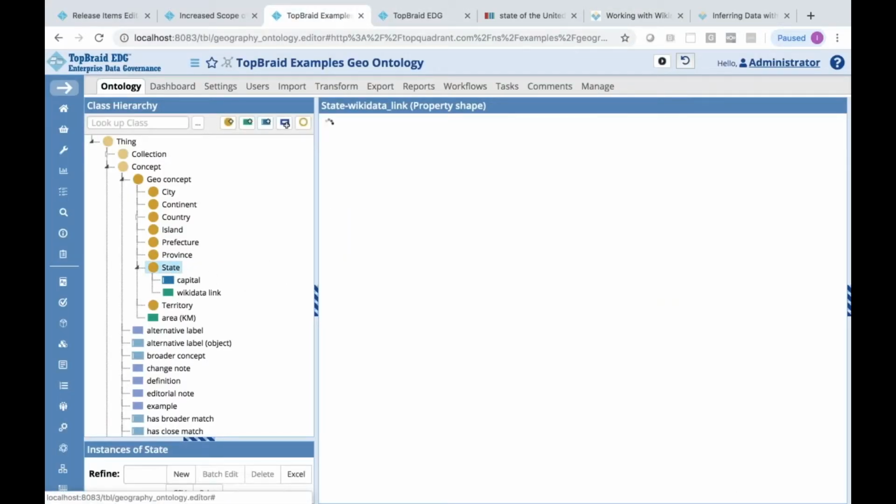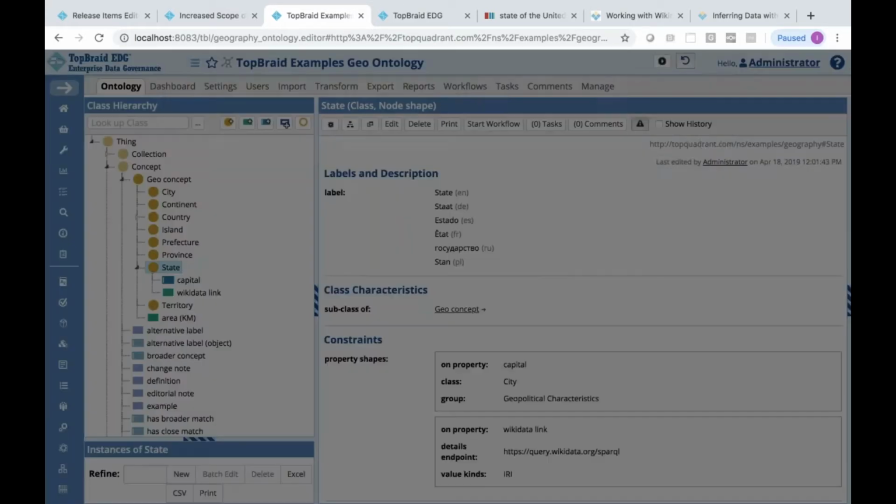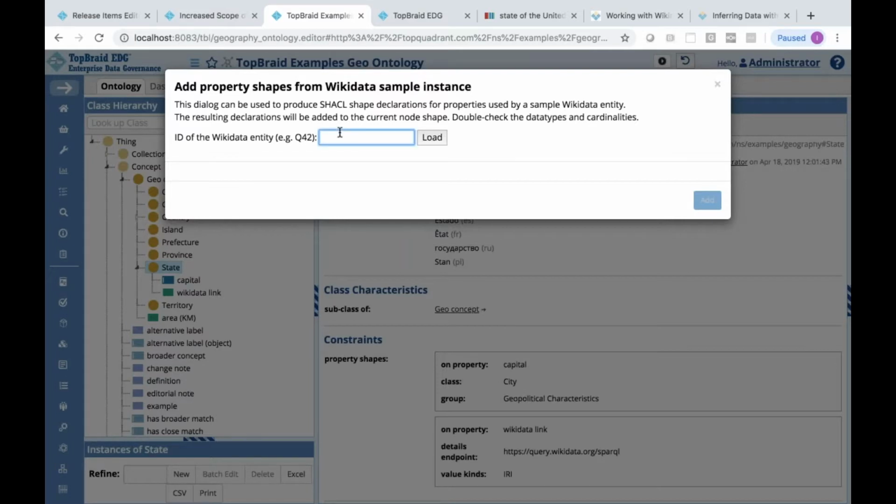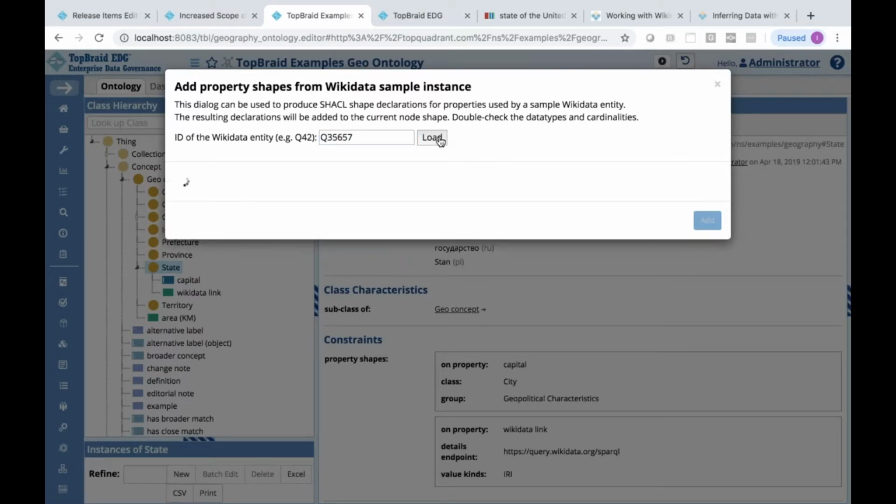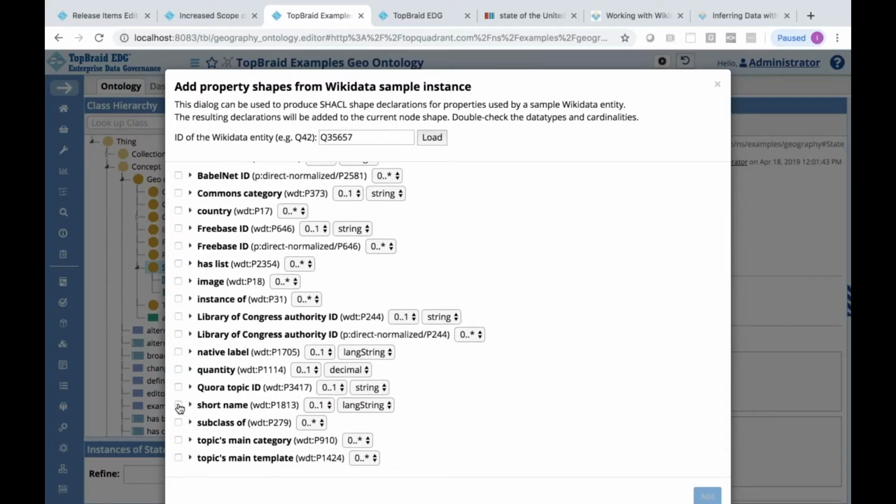So go to state and add property shape from Wikidata sample. Get this ID, and it's going now out to Wikidata and finds out what kind of properties it has for states, and gives me a list of properties that I may be interested in, like a short name.